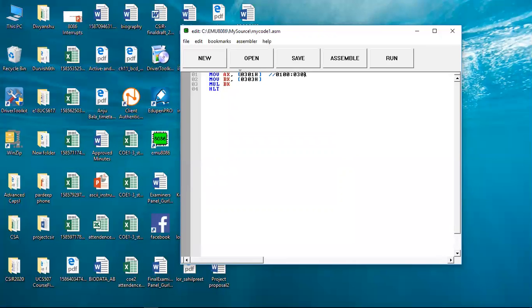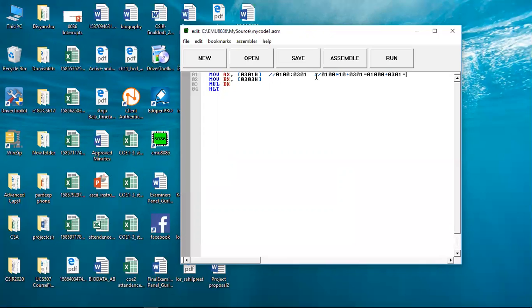What do the square braces mean? Square braces mean the contents at this memory location. We can calculate this using 0100 times 10 plus 0301. This is your physical address.